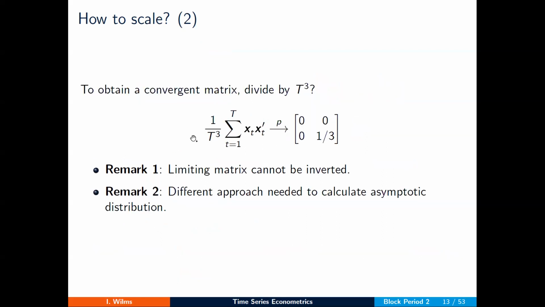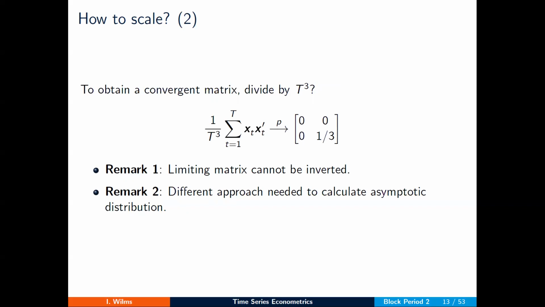Now, as a first instinct, you might want to introduce scaling by 1 over t cubed, so t to the power 3, since that was our highest order leading term. Note, however, that this matrix then converges in probability to a limit matrix, where we just obtained the probability limits of the elements one by one. So we indeed converge, which is good, but this is actually still problematic since we cannot